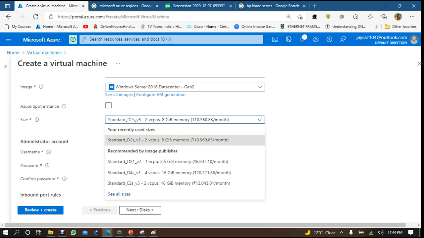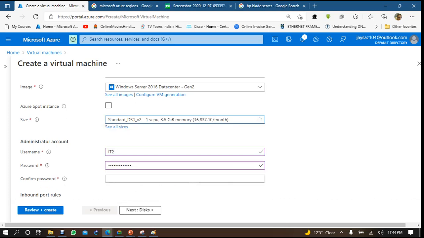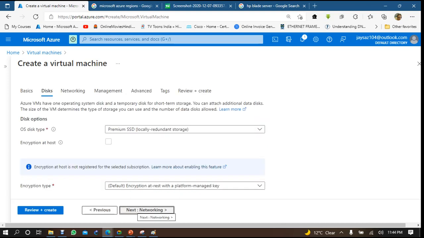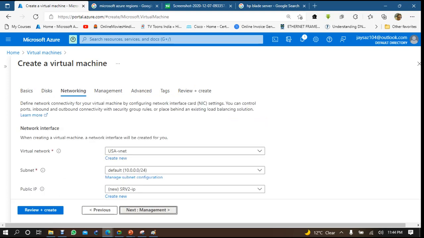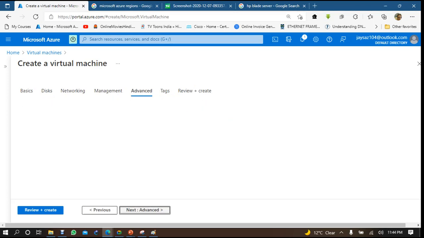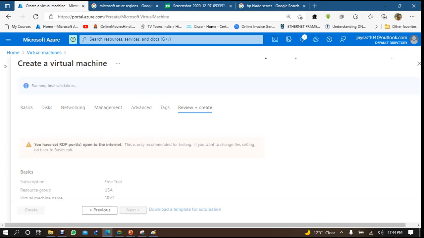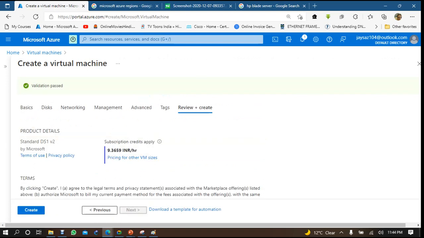I can select the least resource, networking. So I created this server with the help of zonal services. I told you, zonal services of availability zone can be used only for virtual machine creation